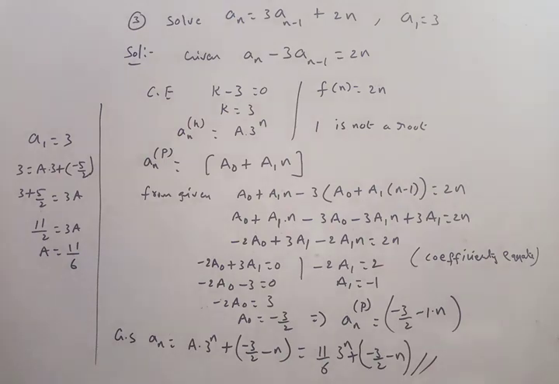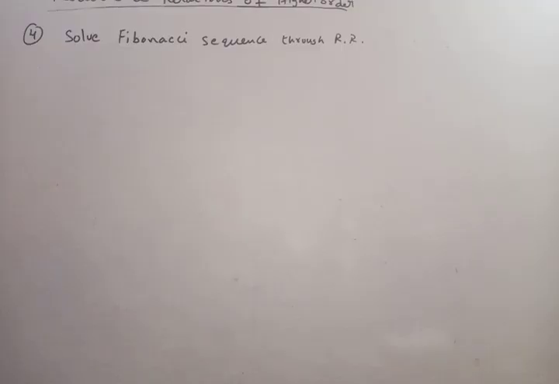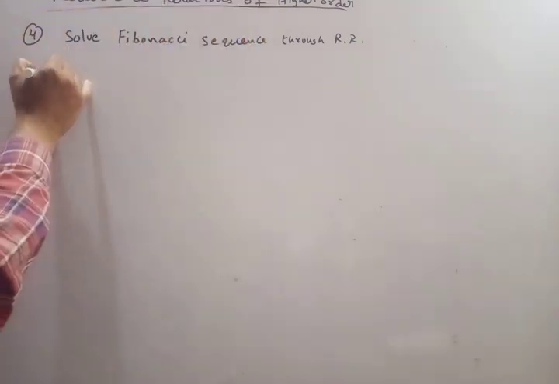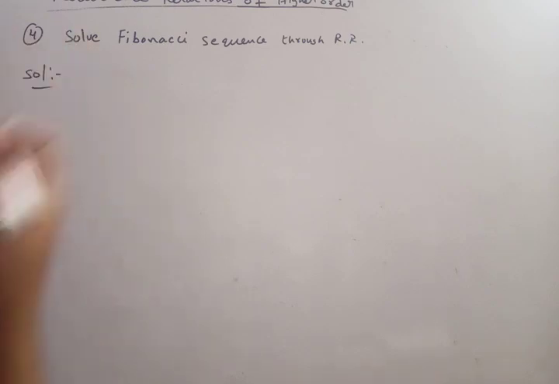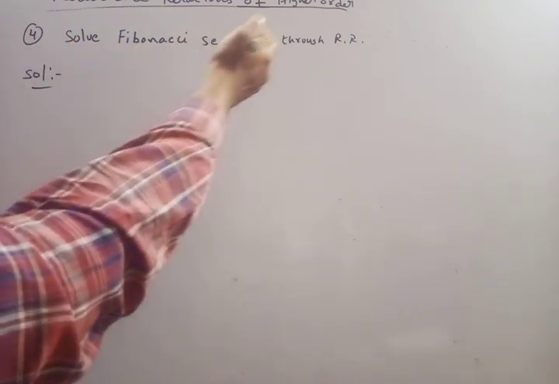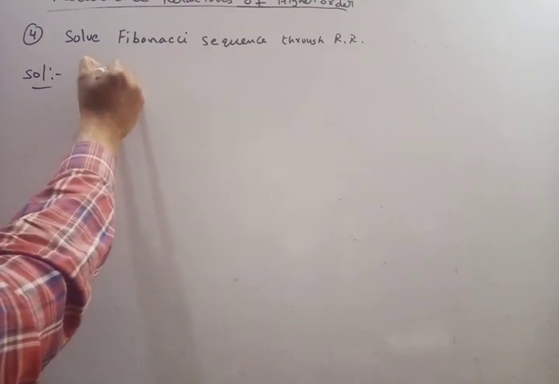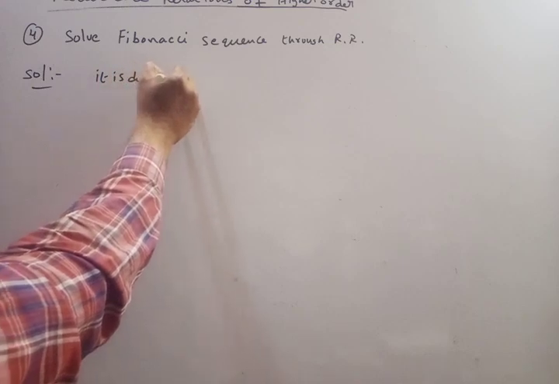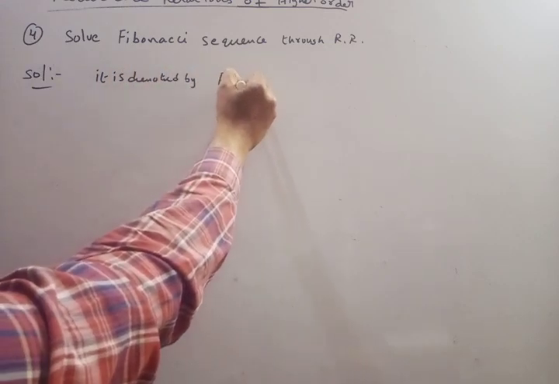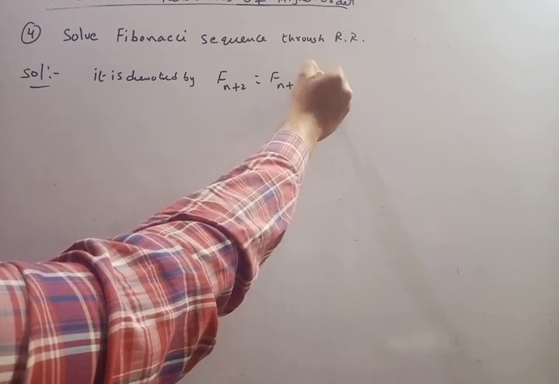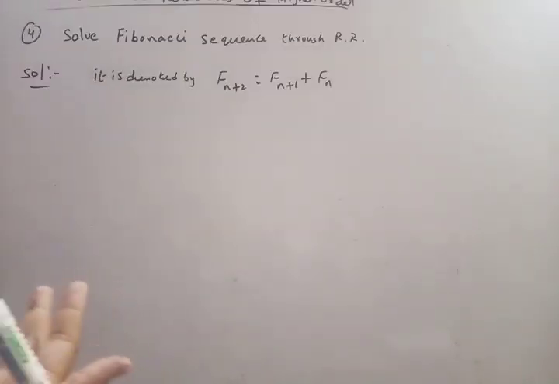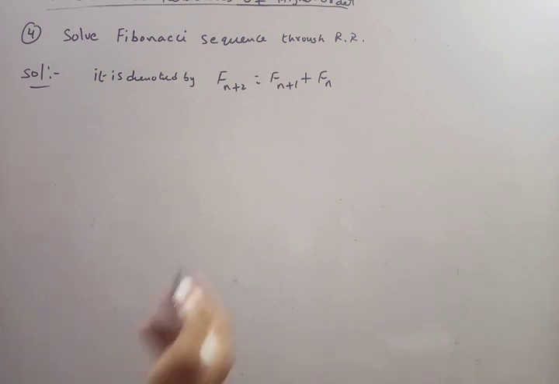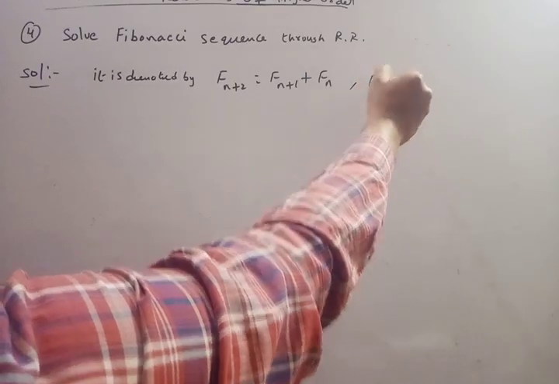Now we solve one or two important problems. Fibonacci series, we will see how it looks. Next problem, Fibonacci sequence. He's asking to solve the Fibonacci sequence through recurrence relations. Very important, and you have already heard of the Fibonacci series. Generally the Fibonacci recurrence relation is denoted by fn plus 2 is equal to fn plus 1 plus fn, or you can take fn also, no problem. With initial conditions f naught is equal to 0